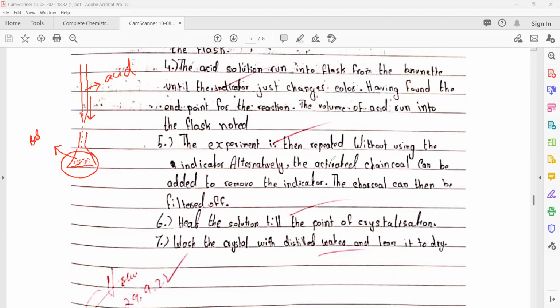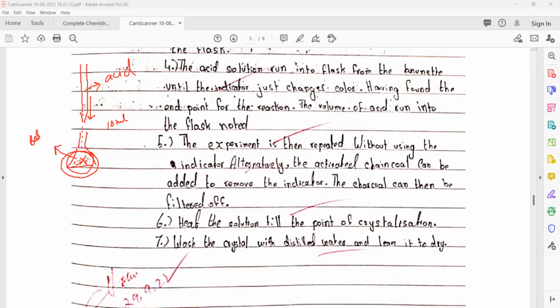The experiment is then repeated without using the indicator. First, you need to use it, because at that time you don't know where the color changes. So once you know the end point, for example, the color changes after using 10 ml of acid, next time when you repeat the experiment, you need no indicator. You only take the amount of alkali or base and then add 10 ml of acid and you get a solution. Okay, so